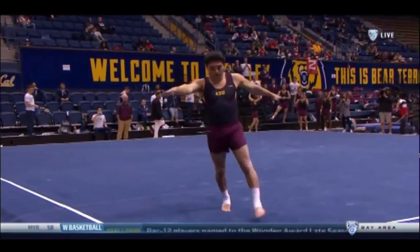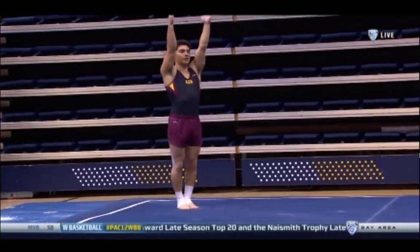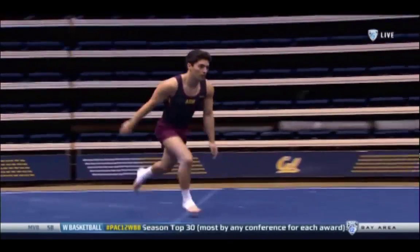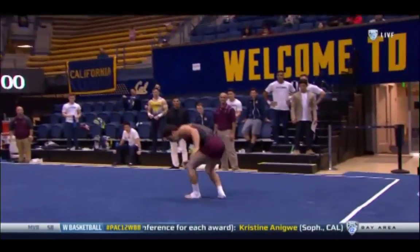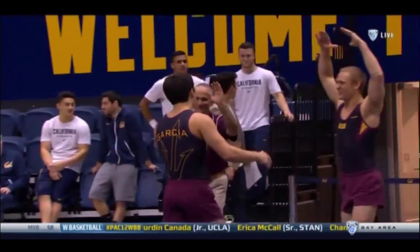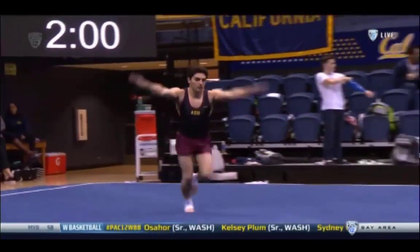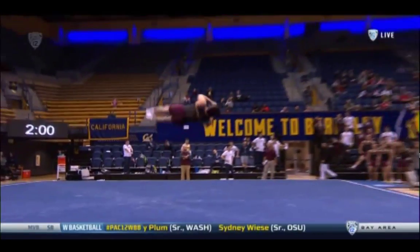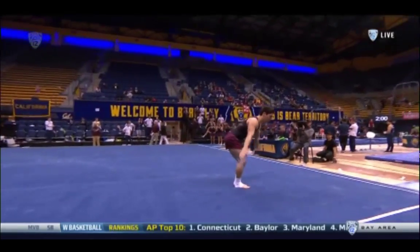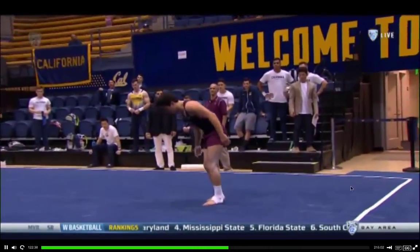Nice double pull right into the corner. Try to catch his breath a little bit while moving his body. If he was just stationary completely, he would get a deduction for that. Whoa, and he pulls that around. Triple fall. I didn't think he was going to get it all the way around, but he did. And you can see the look of relief and satisfaction on Nick's face. So this is a 2.5 twist connected into a front full. And then look, he just keeps twisting and doesn't get it completely around. You saw his feet were